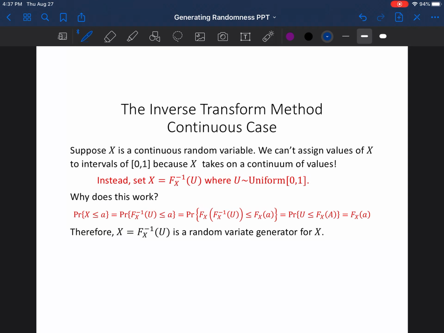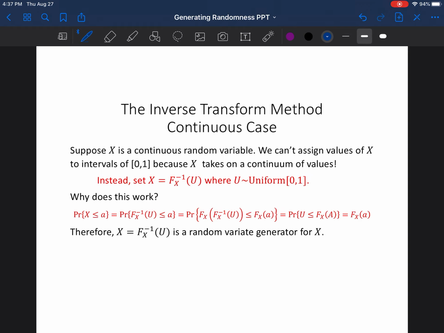Okay, well, what about the continuous case? Well, remember this gets at our paradox of, the probability that it's any one particular value is 0, so you have to think about regions, and you might think, well, how does that work? Because we're still going to have to generate particular values for